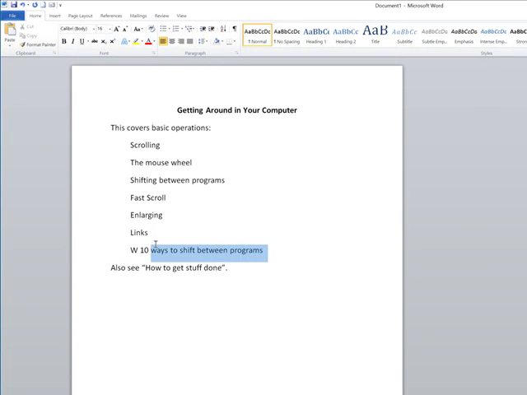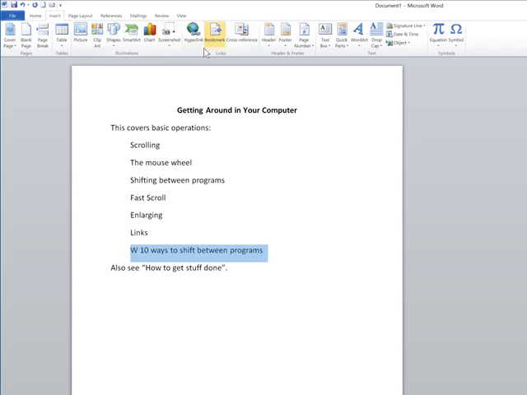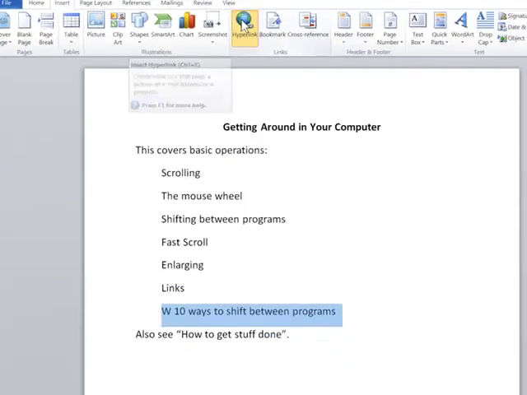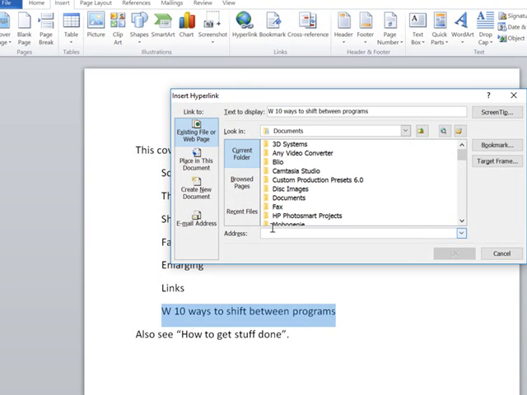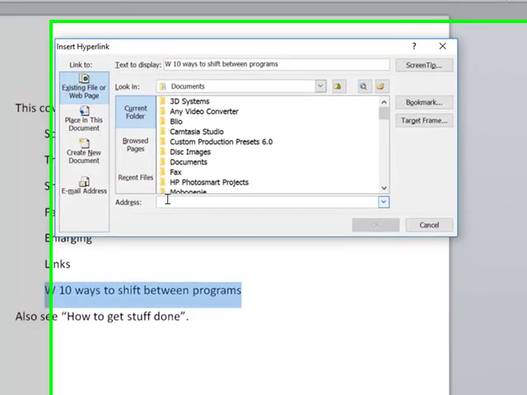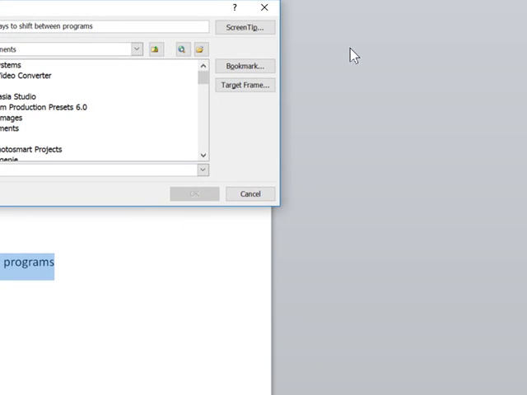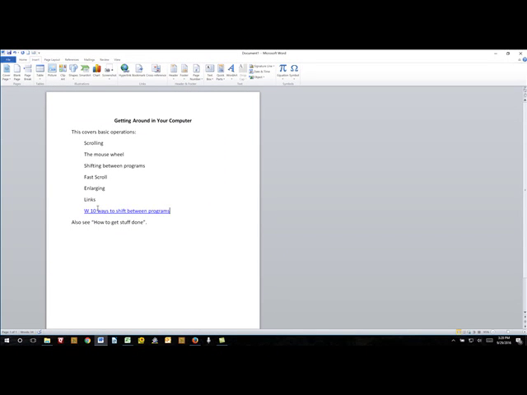Now if I go back over to the document I was working on, and I highlight this whole thing right here, and then I come up to the top and go to Insert, you will see that there's something that says Hyperlink. If I click on that, it will bring up a window that allows me to put that address that I just copied onto my clipboard by typing Control and V